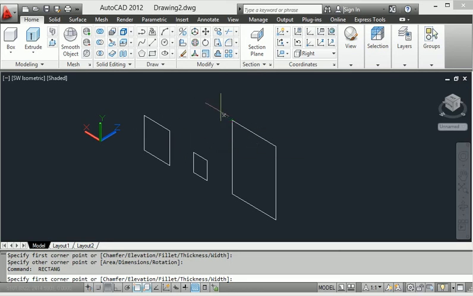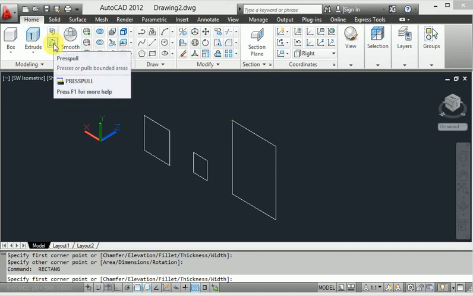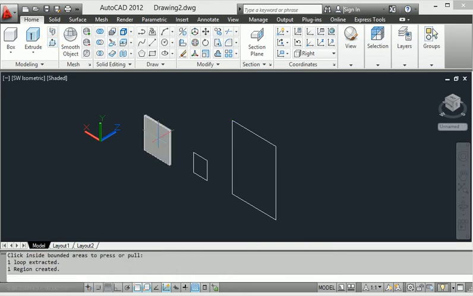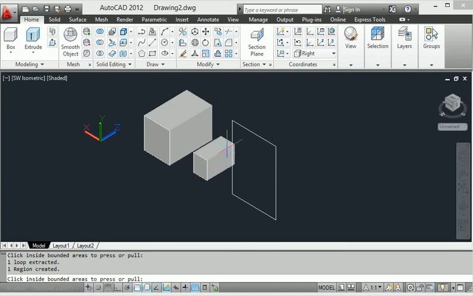So I create a rectangle, then extrude it. I have not mentioned the dimension, so I use Press Pull. With Press Pull, I just click this area and extrude here. Same thing for this rectangle, click it and extrude.